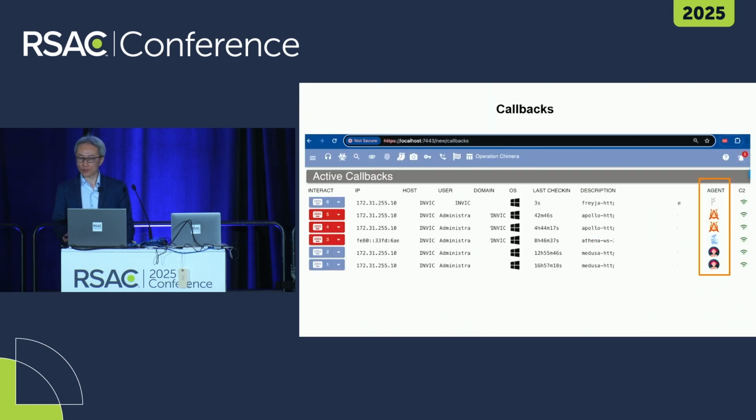The C2 callback shows some agent type that connected back to the C2 server.